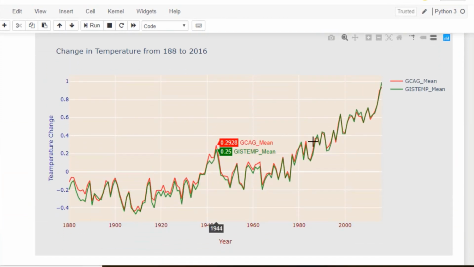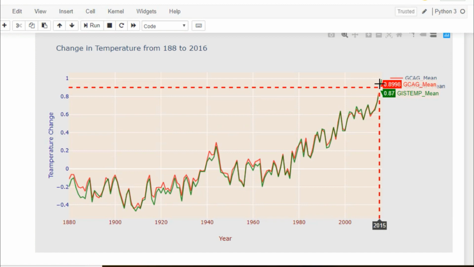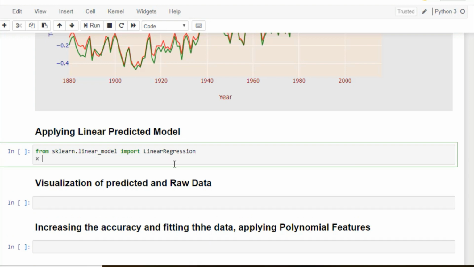And after that we will apply some predictive model, and we plot the line. We will try to fit the line, and we'll see what the change in temperature rise could be after 2016. So if that is okay, we will try to fit the line. We will try to apply a predictive model from sklearn.linear_model. So from sklearn.linear_model import LinearRegression, and in it we'll try to set a value of x is equal to